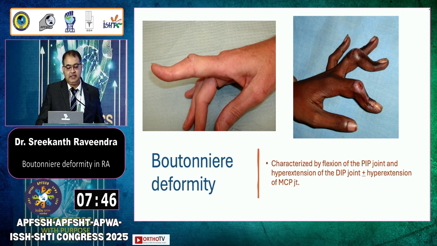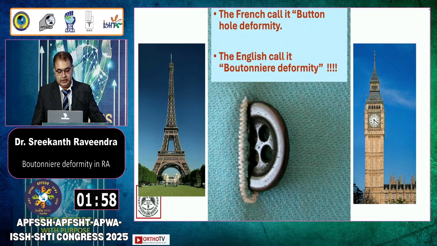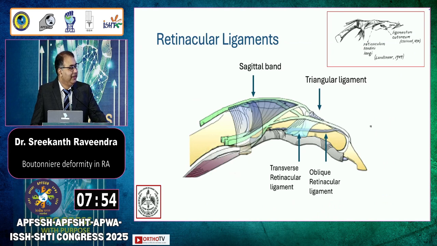So Boutonniere deformity is characterized by the flexion of the PIP joint and hyperextension of the DIP, plus or minus hyperextension of the MCP joint. The French call it buttonhole, but we call it Boutonniere. So anyway,